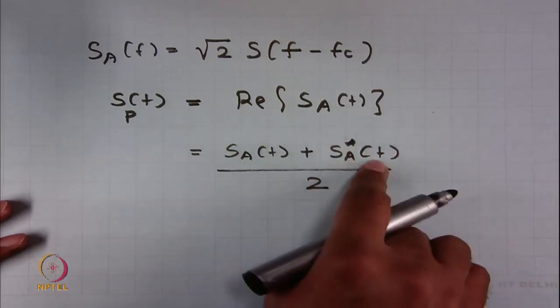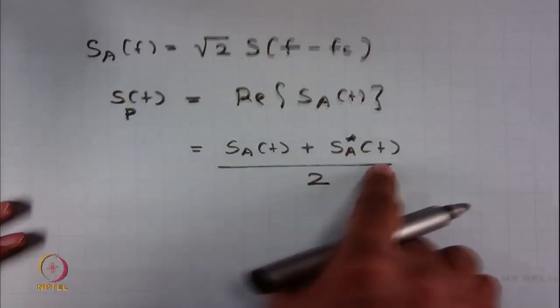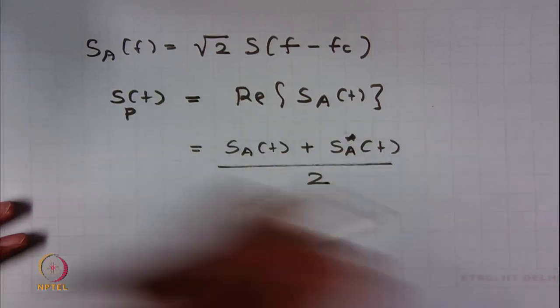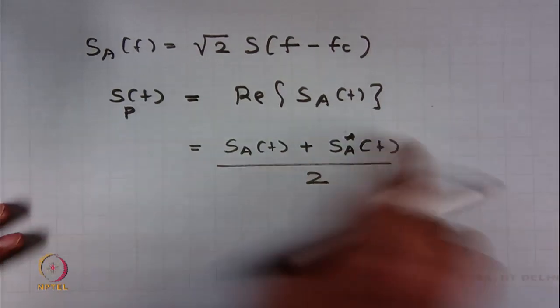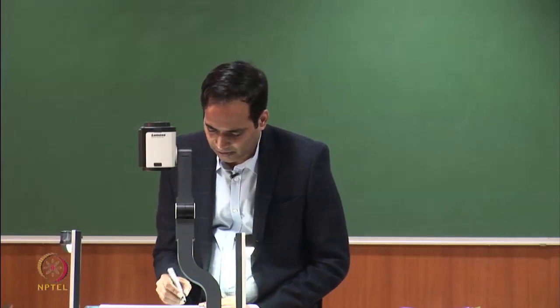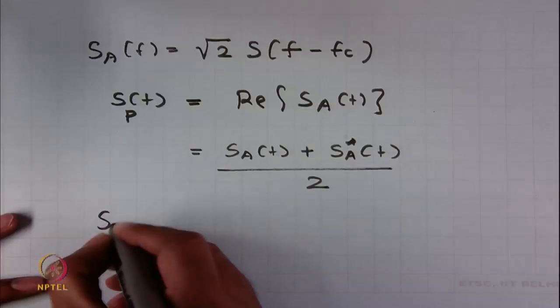When you add the conjugate, the imaginary part cancels out, and what you end up with is 2 times the real part, and that is why you have this addition divided by factor 2. Very straightforward things that should be bread and butter for you once you have finished the course on signals and systems. Now, if I know this, the spectrum of sp(t), which is Sp(f),